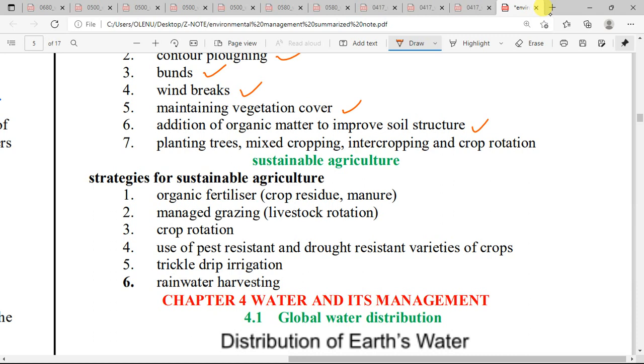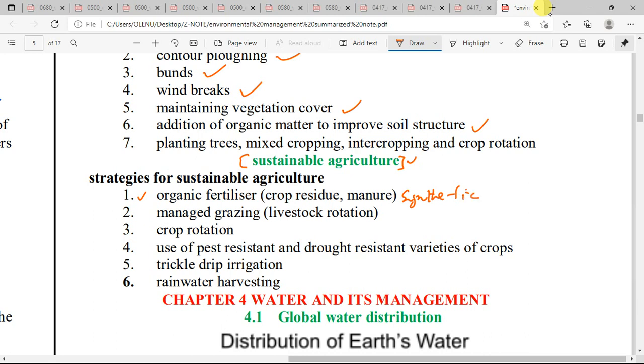So, sustainable agriculture. When you hear sustainability, it has to do with producing food for this generation and also making sure that the soil and the components of the soil are present so that the future generation will be able to still use the same soil to produce food for themselves. So what are the strategies for this sustainable agriculture? It has to do with organic fertilizers. So instead of using synthetic fertilizers,